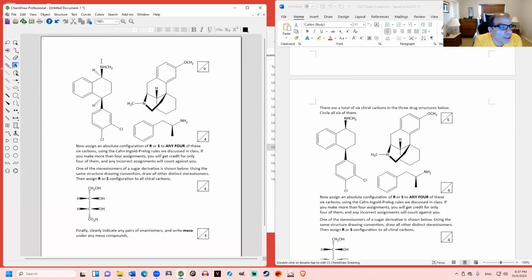But the first priority is going to be the nitrogen. Second priority is going to be this carbon that's got a double bond to another carbon. And the third priority would be this one, the CH2. So that looks to me like a left turn. This carbon is S. As for the next one,